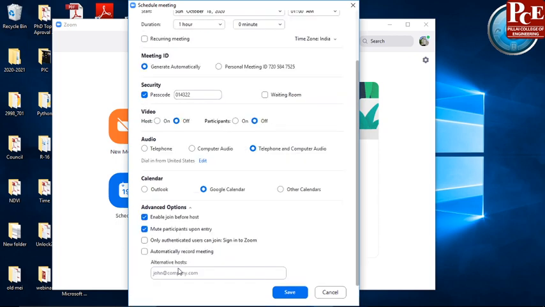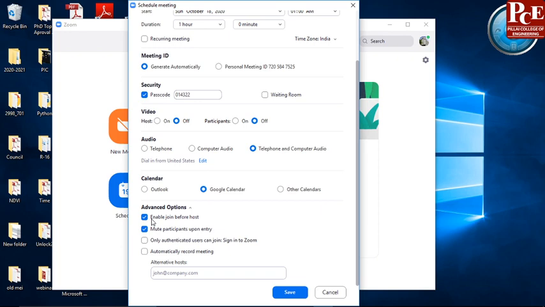Advanced options. In advanced options, first is enable join before host. If the teacher is joining, let's say, on time, then your students can join that meeting before you, so that you can save your time. If the teacher has joined and then we are allowing 100 students, it is time consuming.